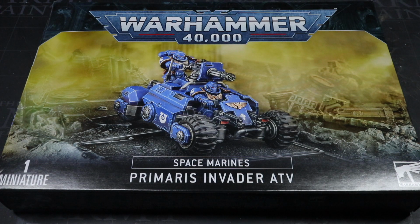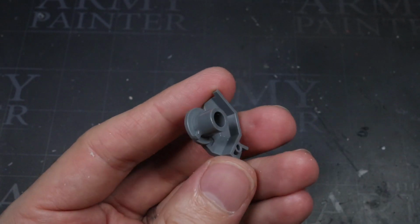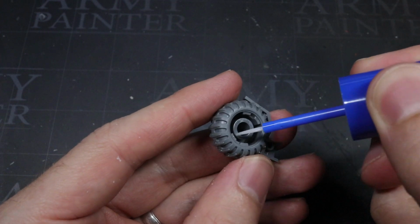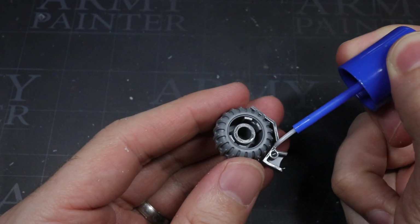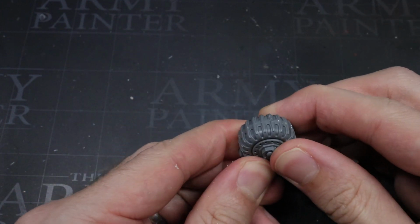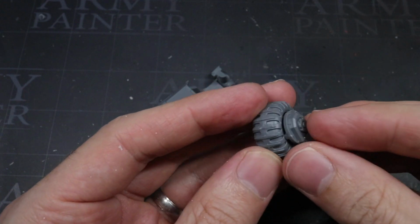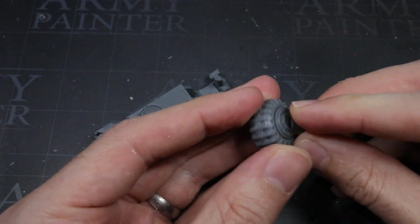So, let's get started. The Invader ATV is essentially a heavier outrider bike that seats two Space Marines, essentially replacing the older sidecar style attack bike. It has the same movement of 14 inches and also benefits from the added toughness provided by the bike's armour. However, due to there being two primaries piloting the ATV, the wounds characteristic is considerably higher at 8 wounds per model. However, the added bulk and focus towards ranged efficiency does mean that the ATV loses out on the devastating